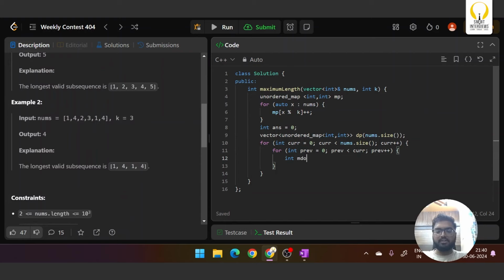Now we'll try to calculate the mod. Whatever the mod, it will be nums of current plus nums of previous, and we'll do the whole modulus here. Now you have the mod. Whatever the mod which is present here, you are going to have that for current, that is modulus of that. What is your next step? Your next step here is